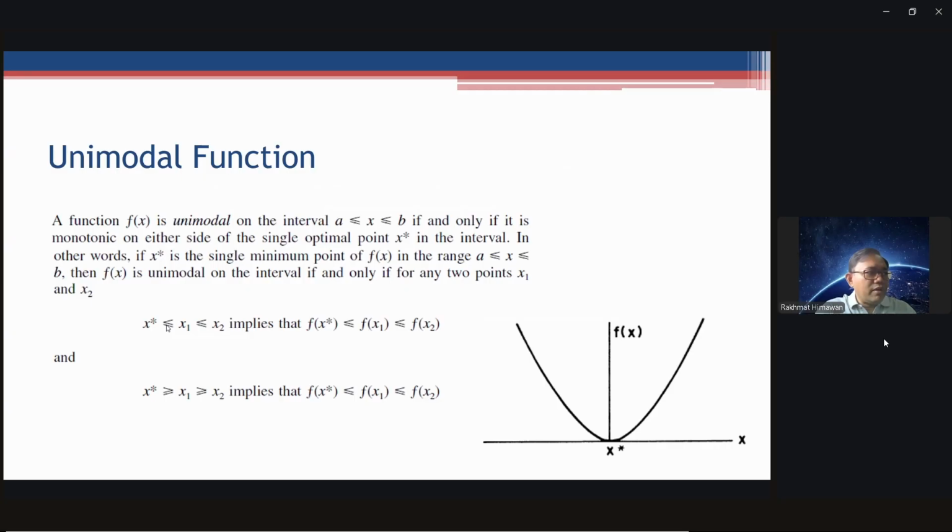If x star is less than x1 and less than x2, it implies that f(x star) is less than f(x1) and